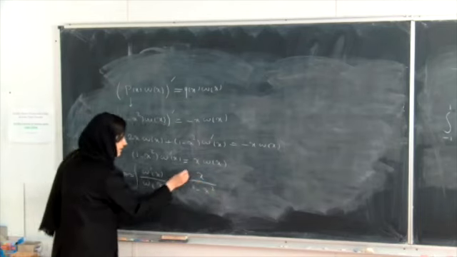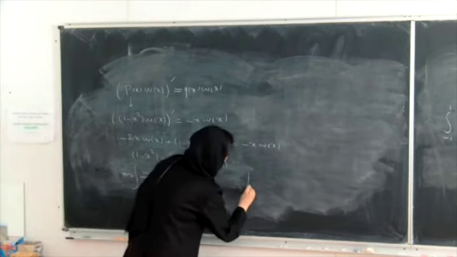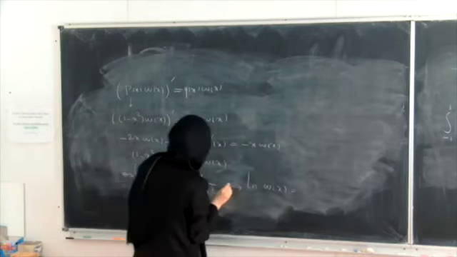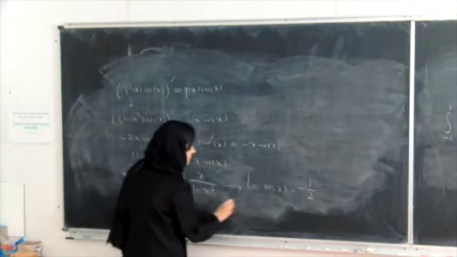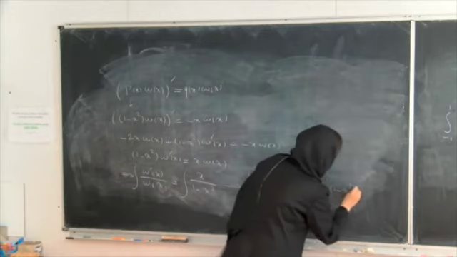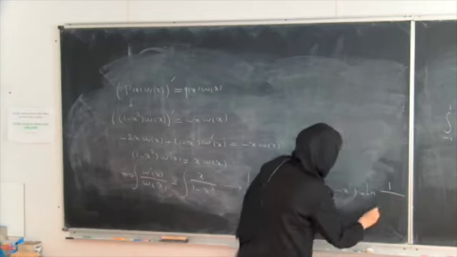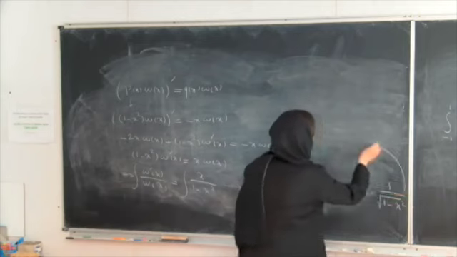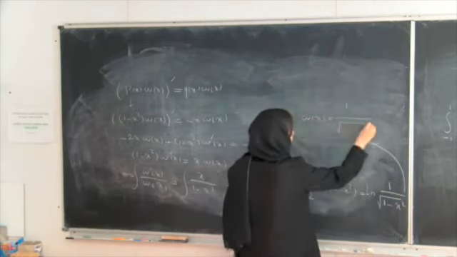By integration on both sides of this equation, we have ln of w of x equals minus half ln of 1 minus x^2, and it equals ln of 1 divided by the square root of this. So we find that w of x is